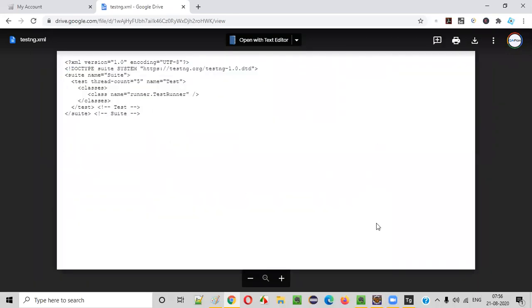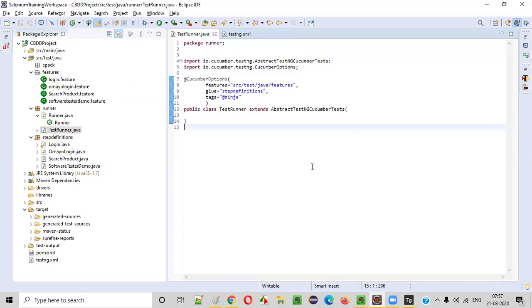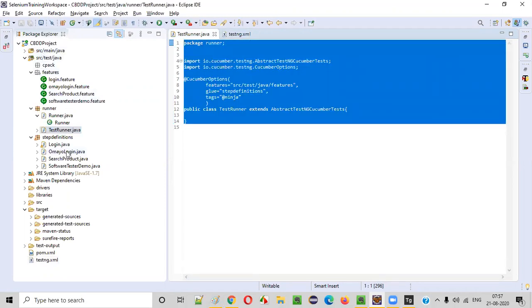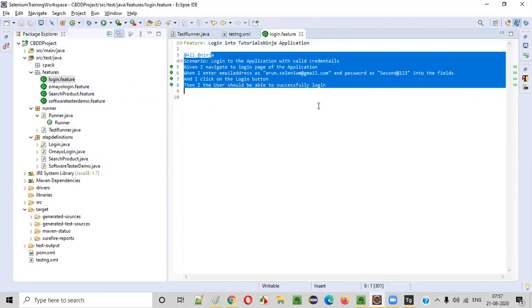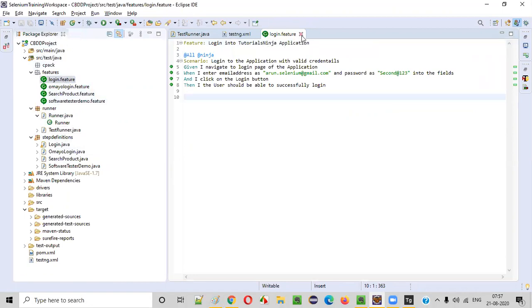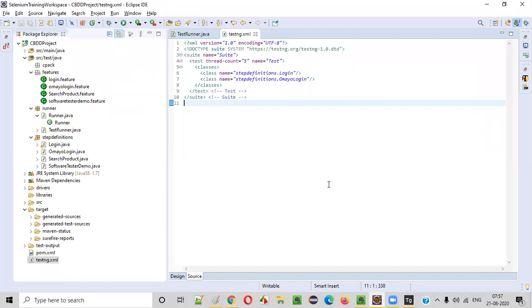So things are good. We have to give here, guys, in the testng.xml file. Just listen to this, guys. We created the runner class. This runner class will decide which feature files should be run or not. Control is there in the runner class. The TestNG runner class will decide. Here I said tags is equal to @ninja. Only the scenarios related to that ninja, that is in the login feature, this scenario only will run. Remaining scenarios will not run, right? So if I run this runner class from the testng.xml file, will things be good or not?